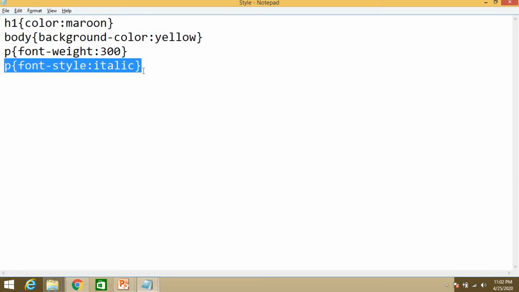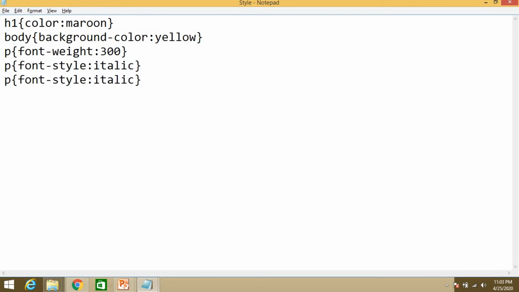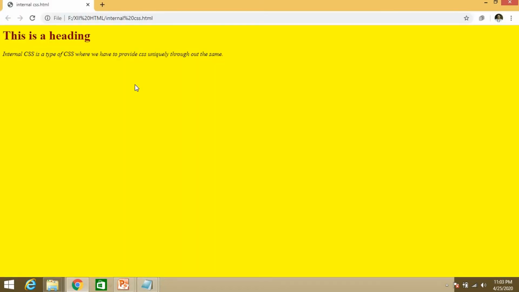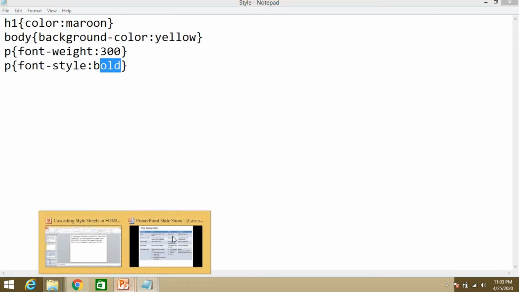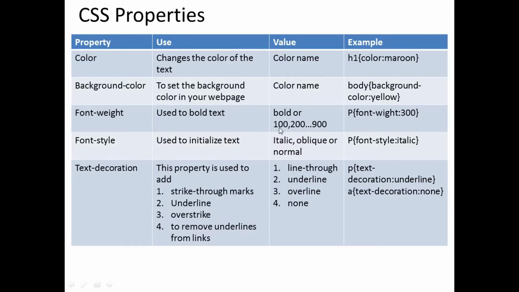If you apply next bold, make it bold, so it becomes bold. Okay, italic, bold, just change there only, so it becomes bold. And then see, bold, only bold or 100, 200, 900.